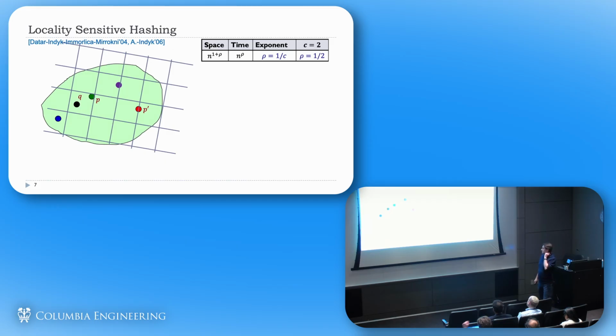Now, some of you who have looked at these kinds of questions will say, well, probably this is not the best way to partition Euclidean space. And indeed, you can do better. You can improve this quality to something like 1 over c squared, giving an exponent of 1/4. Basically, you decompose space into parts which look more like balls, high-dimensional balls.